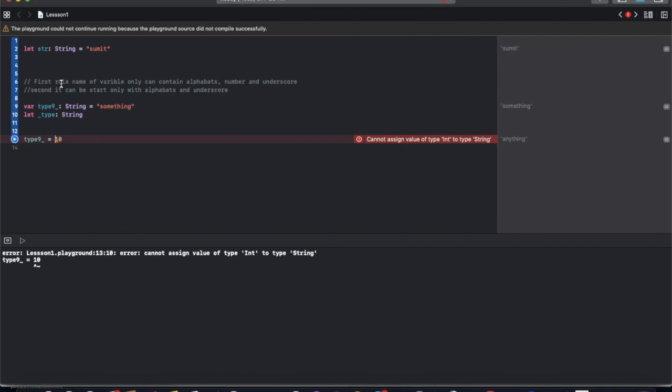We can't change the type of data again and again. So firstly we created it with a string. Now we want to change it to an integer. It can't work. It gives: cannot assign value of type Int to type String, because our variable is of type String and we want to assign the value as an Int.